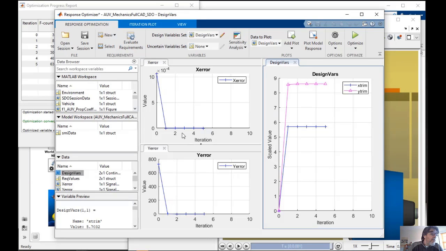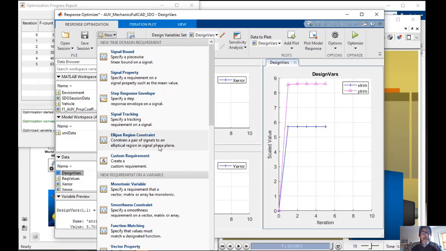This is a geometric optimization. This optimization capability can be done for many, many other tasks. So you might want to optimize the energy consumption for a particular maneuver. As long as you set up the right requirements, in this case, we can measure the amount of current that is being drawn from the motors and optimize the time to do a maneuver or optimize the amount of power that is required for a maneuver.